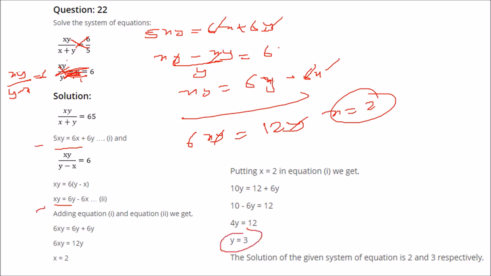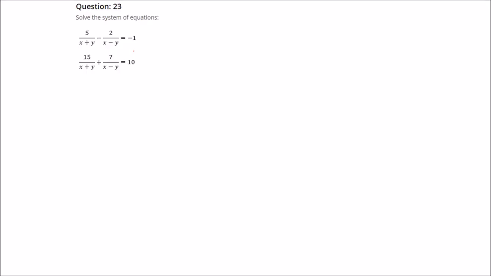So there is no substitution, there is no division, just making it normal, and just because you are getting 6x and 6x by itself, you don't have to multiply it with any number. This also we have done.